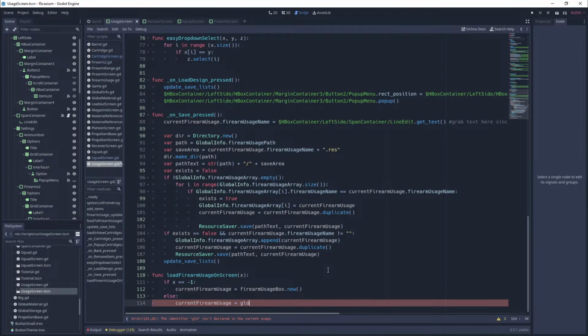So we don't have a new design feature, but what we do have is when we load something new that